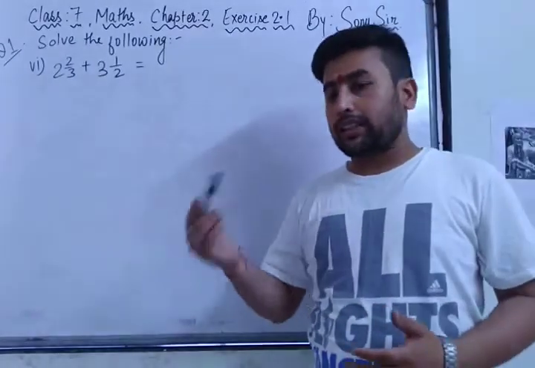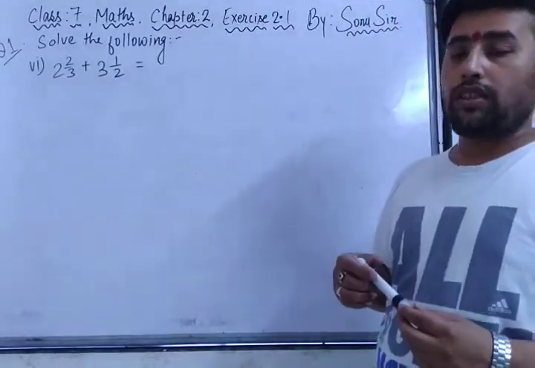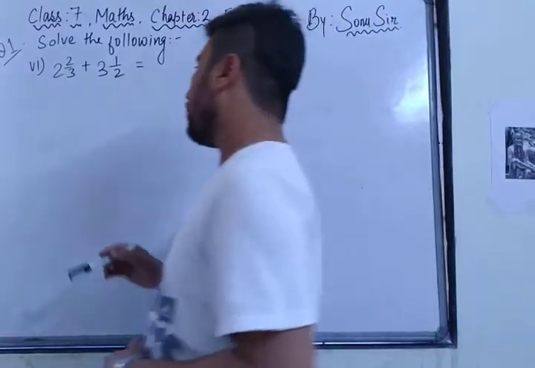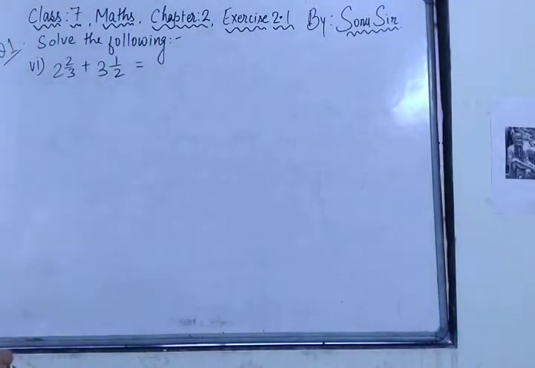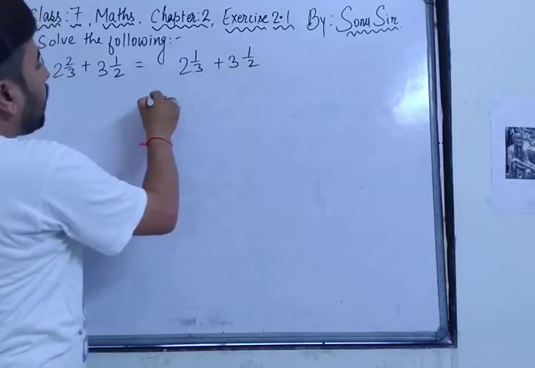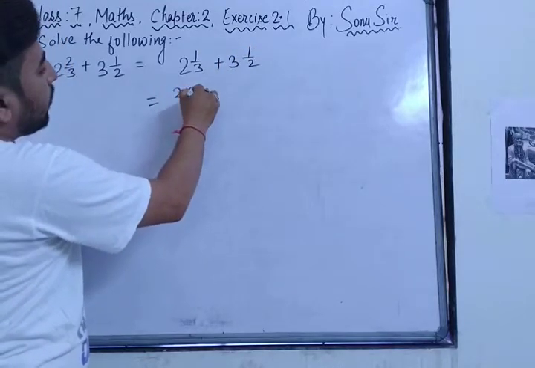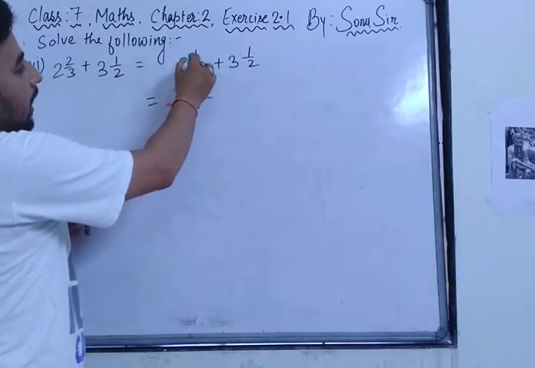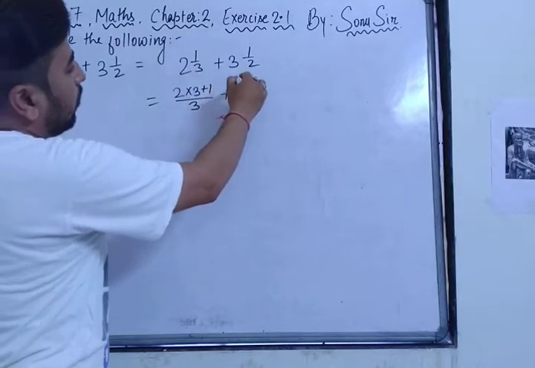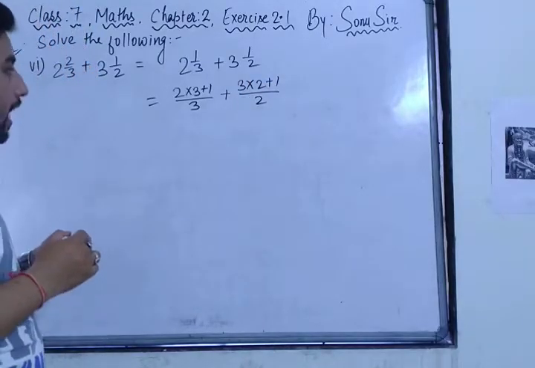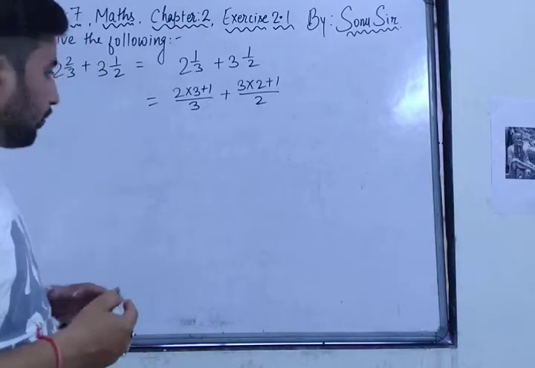So I hope that in the 6th standard you have heard about fractions and addition of fractions: proper fraction, improper fraction, mixed fraction. So this here is a mixed fraction. How do we first convert this mixed fraction into a proper or improper fraction? Instead of 2 into 1 by 3 plus 3 into 1 by 2, how do we break this mixed fraction? 2 into 3 plus 1 by 3. First of all, the big number should be multiplied by the denominator and then the numerator should be added. Similarly here, 3 into 2 plus 1 upon 2. So first of all you should know how to break this mixed fraction into a proper or improper fraction.